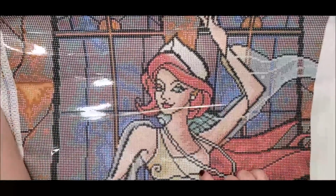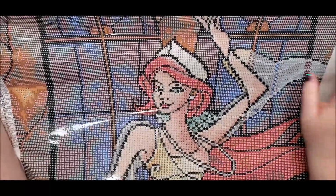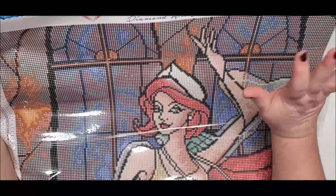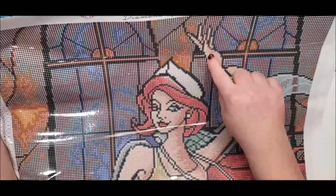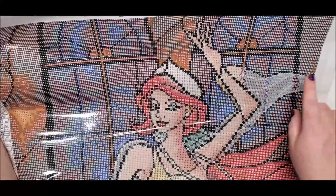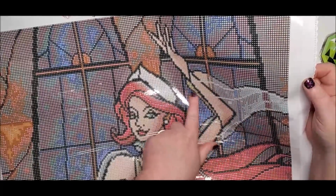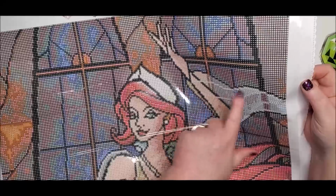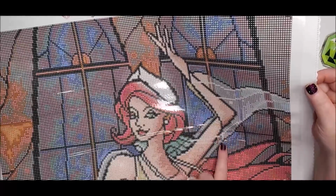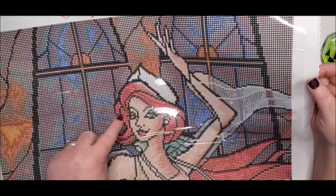Oh yeah, you can see right there how it's flesh toned. Okay, so for ABs, it starts up here. The little loop thing that you put your thumb through to hold the veil, that's going to be an AB. Her crown is AB. These streaks that go through this chiffon type material, those will be in the sparkly AB. And down there, and then it goes over to here. Her earring and her eye, both of them,